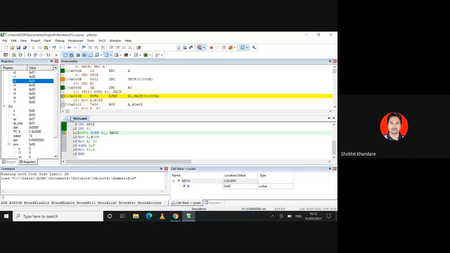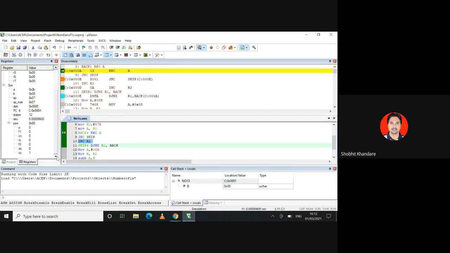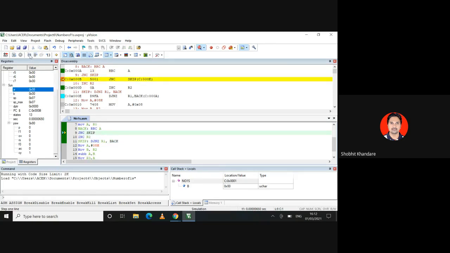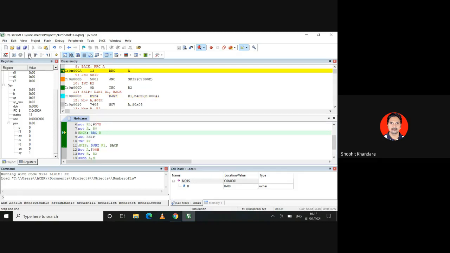Then once that is done, JNZ R1: is it 0 or not? Where do you have to jump? Back. Then again you go back. See your program counter, it jumped directly from here to here, again from here to here, and again you have to rotate. Okay, your carry which was 1, next time also it will remain 1. Yes, see here again 1, and I think this thing will continue till